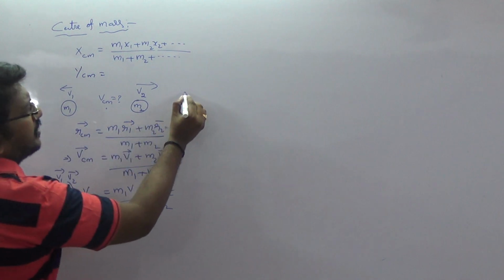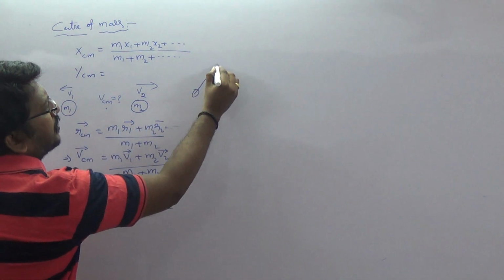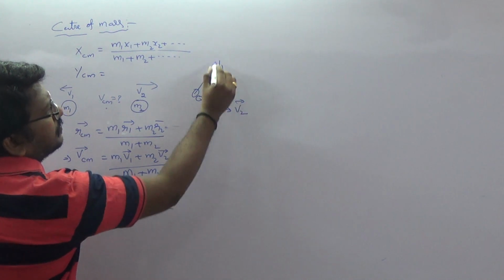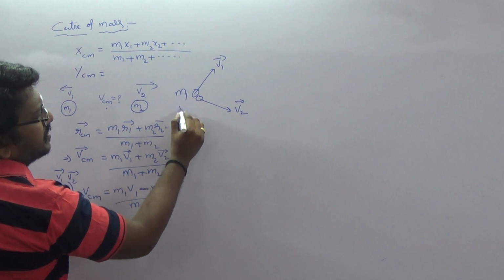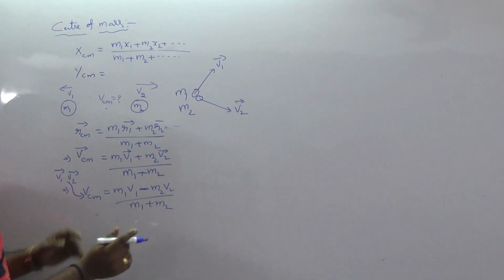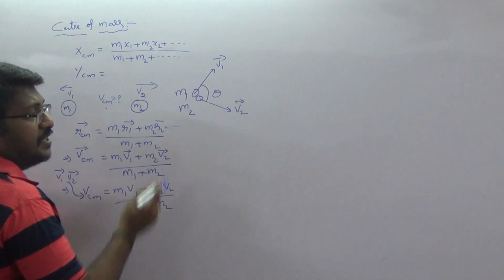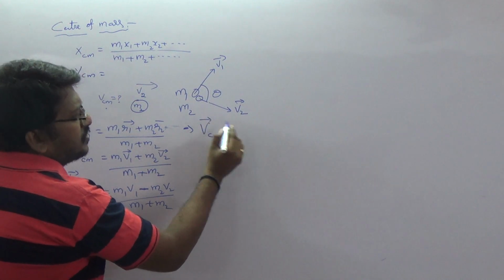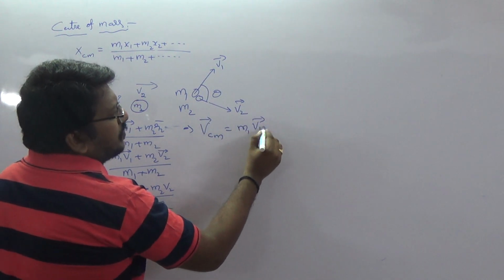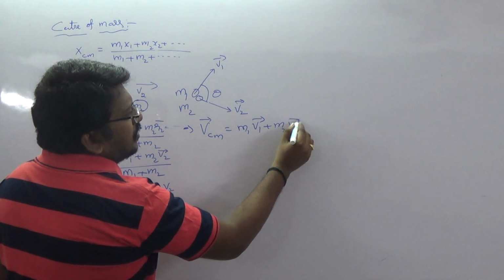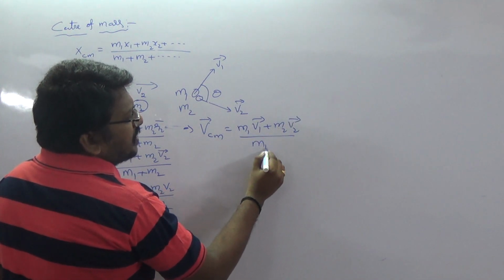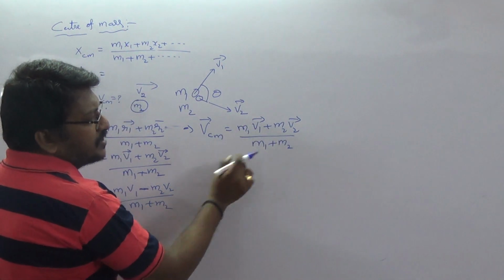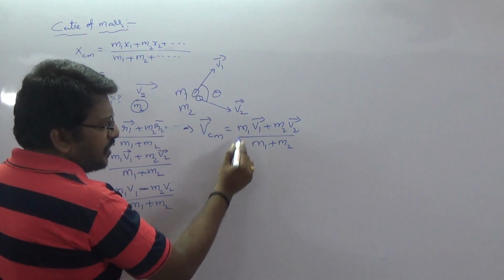If particles are traveling in different directions, that means the first particle is moving like this and the second particle is moving like this, with v1, v2, mass of the first particle m1, mass of the second particle m2, and the two particles are in different directions with the angle theta. In that situation, the velocity of the center of mass we can write as V_CM bar equal to m1 v1 bar plus m2 v2 bar by m1 plus m2. But here the particles are not in the same direction, not in opposite direction, they are at a certain angle. In that situation we take the magnitude.